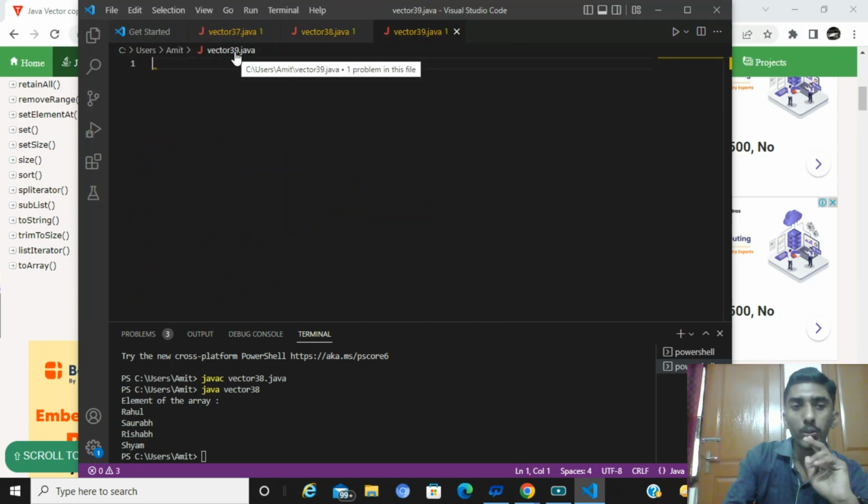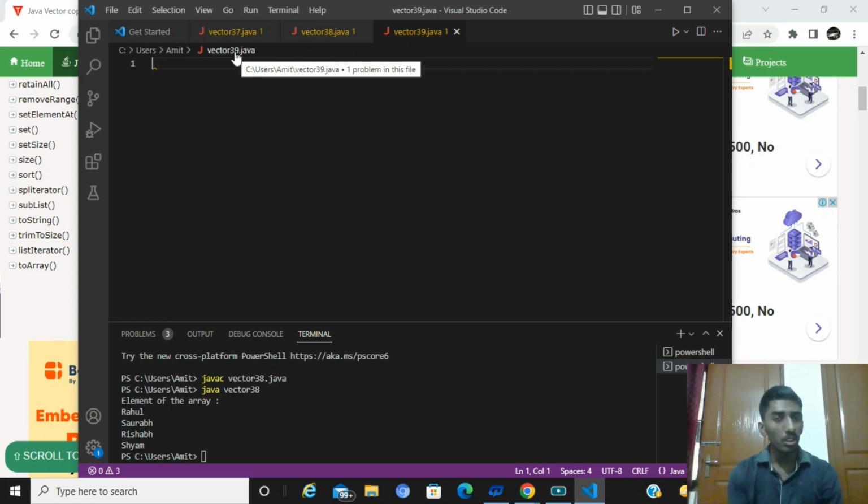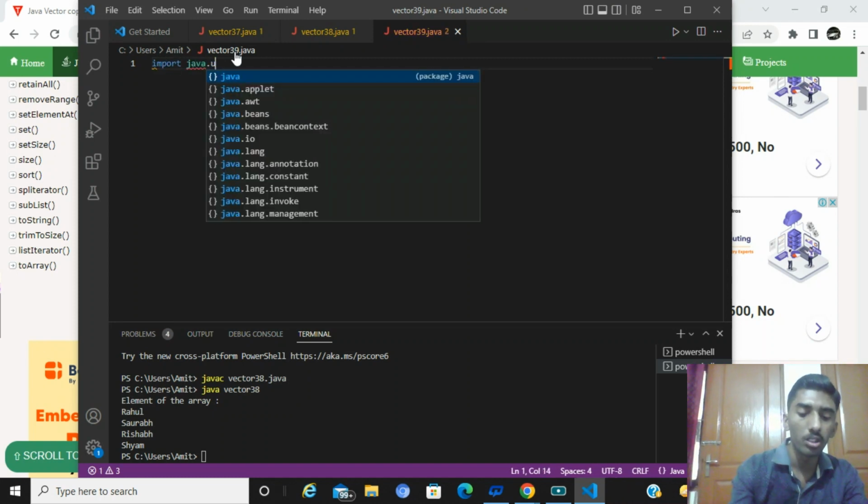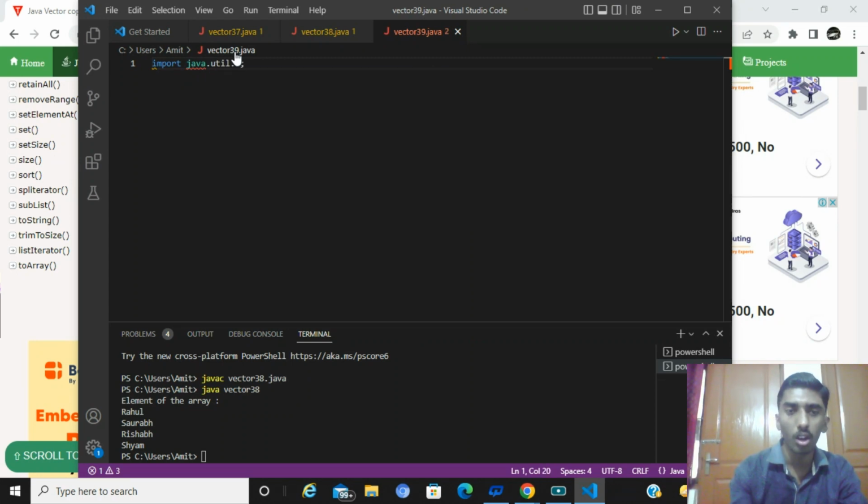Now after that, we have to write the package format while you are creating a vector program. So what is the package format? The package format is import java.util.*; That's the package format. You must remember this step. You have to put this statement while you are creating a vector program. So that is import java.util.*;